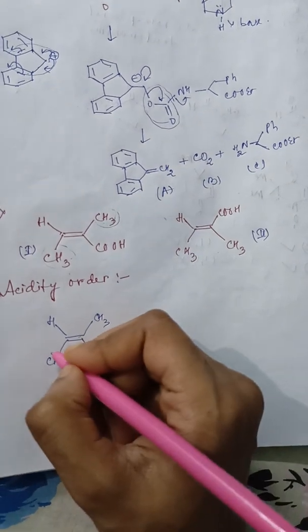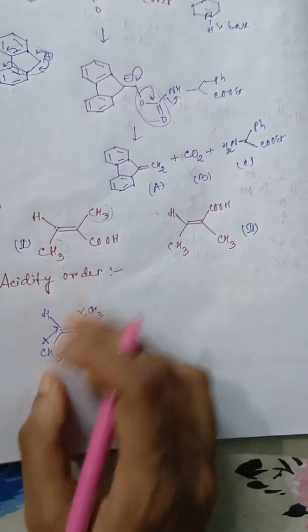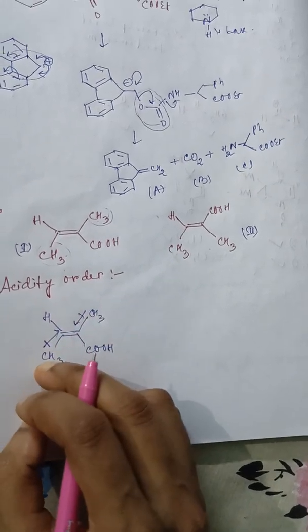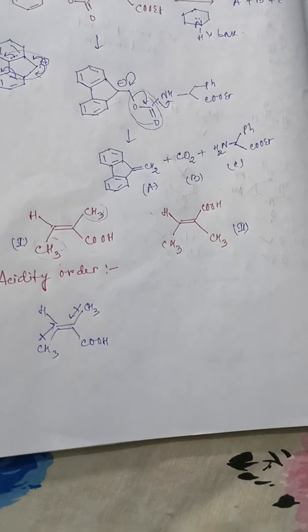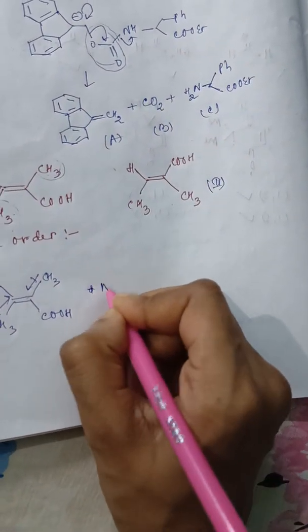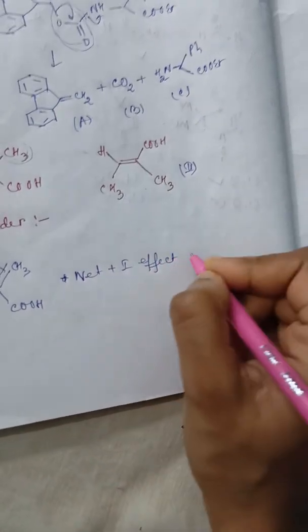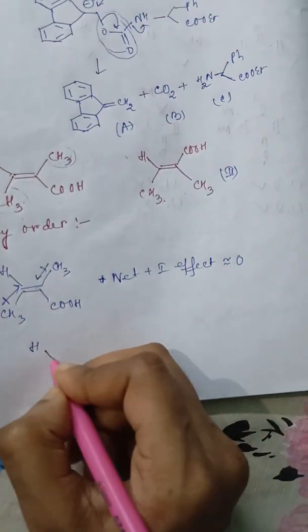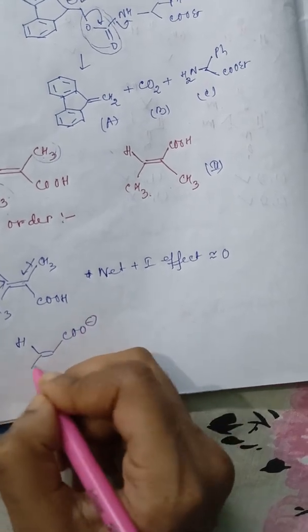Now here see, the CH3 group has a plus I effect. The other is also having a plus I effect, but they are on opposite sides. So these vectors cancel each other ultimately, isn't it? So they cancel each other. So ultimately the net plus I effect is approximately 0. But here in the cis counterpart, now I am taking only the conjugate base for